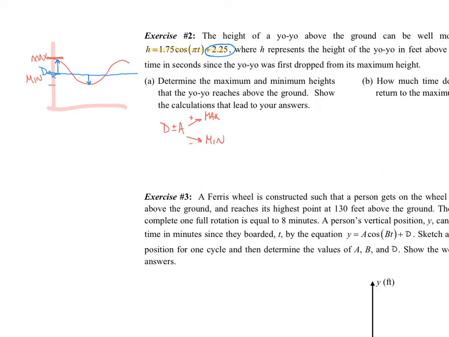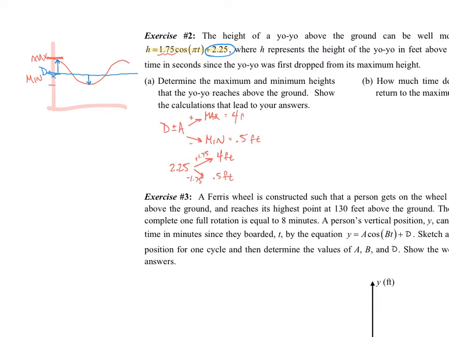So if my midline is at 2.25 and I add my amplitude, now my amplitude is 1.75 because that's A. So plus 1.75, then I should end up with 4 feet. And if I subtract 1.75 instead, then I should end up with 0.5 feet. So it looks like my maximum value would be 4, and my minimum value would be 0.5,